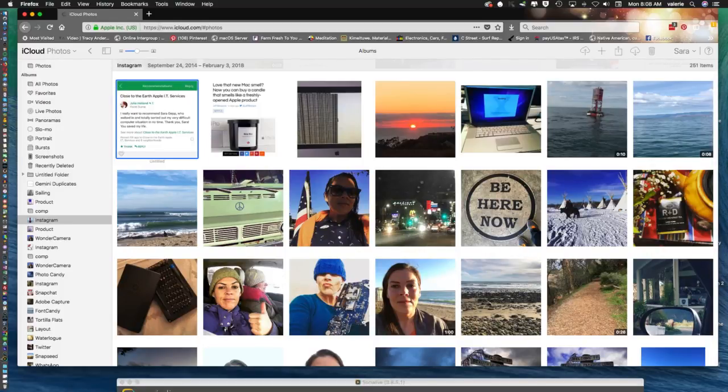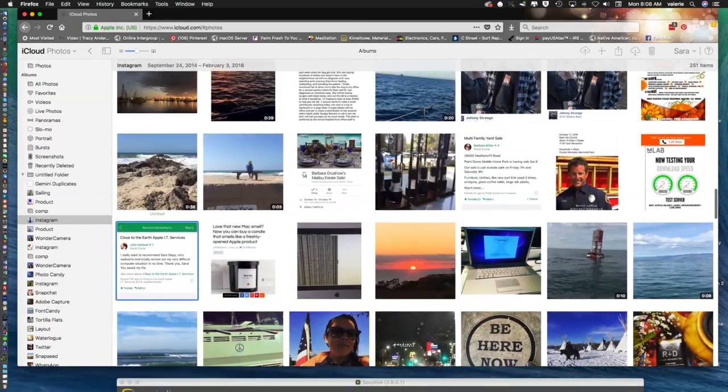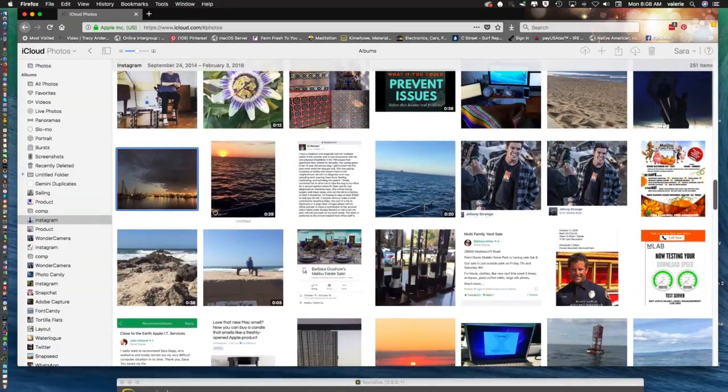So the only way that you can select multiple photos and videos here is to actually click the Command key and then click across. And here,